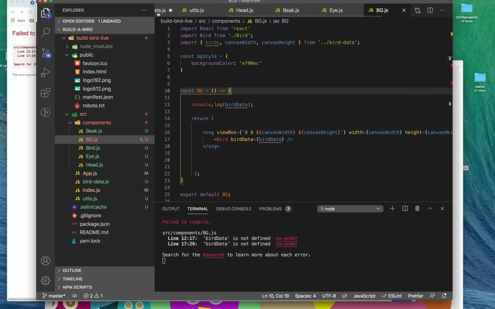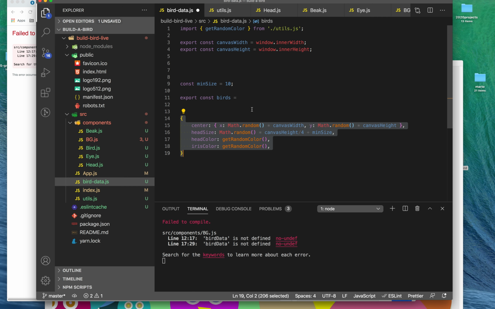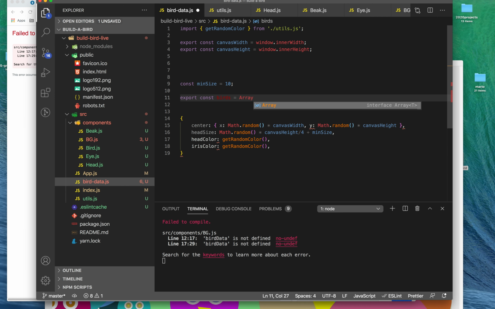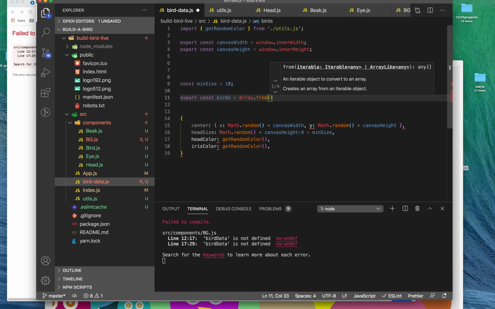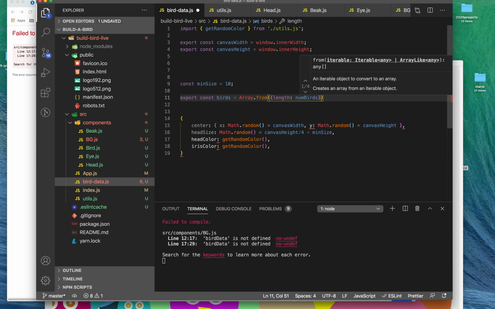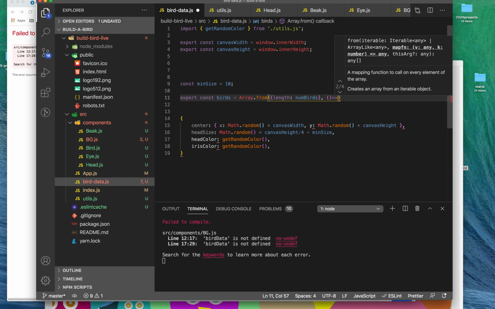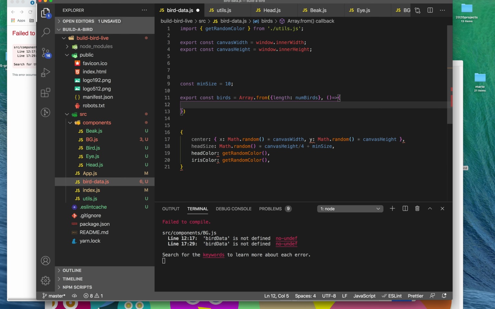And now in bird data, we're going to use an array method that I talked about in those videos. Birds is going to be equal to an Array.from, length numbers. And so the first thing we'll pass in is this object. It's going to specify the length. And now we'll specify a function that's going to generate each one of the elements of this array. And we'll say this one will be bird